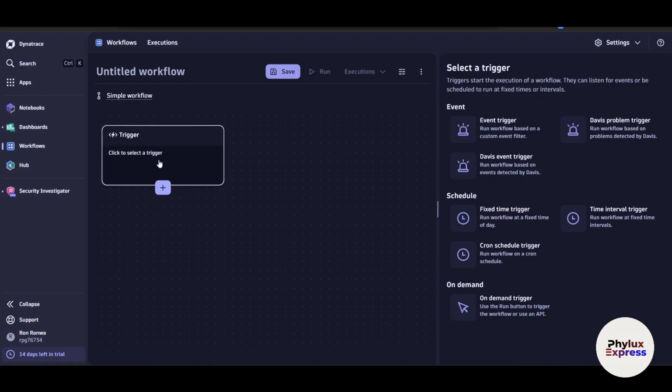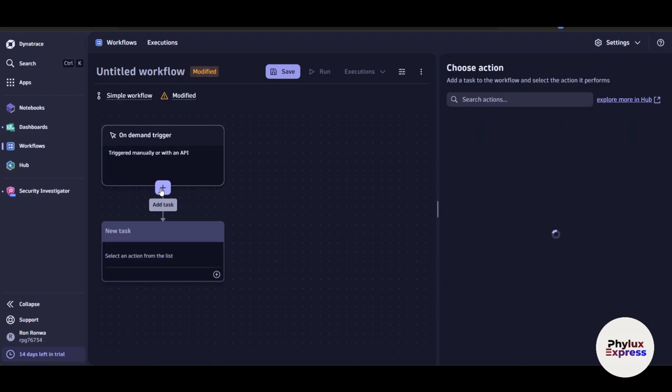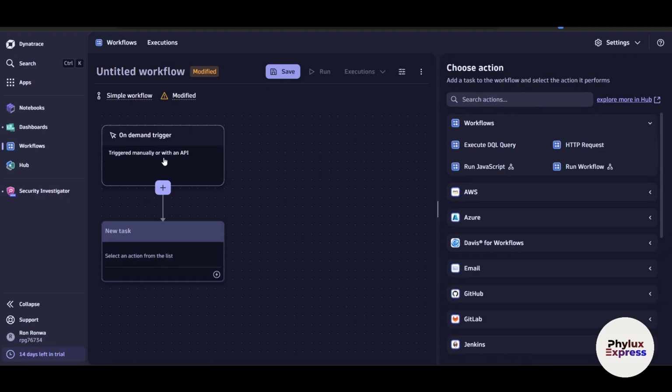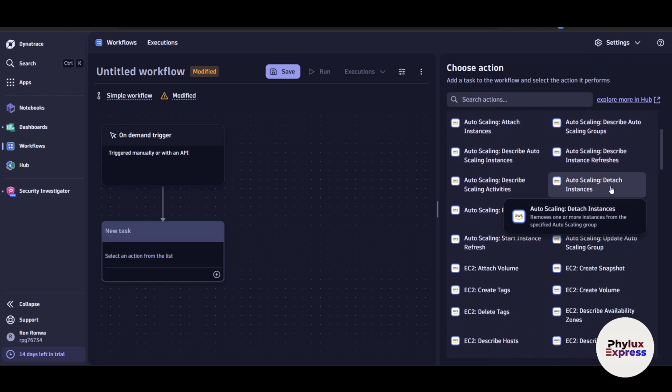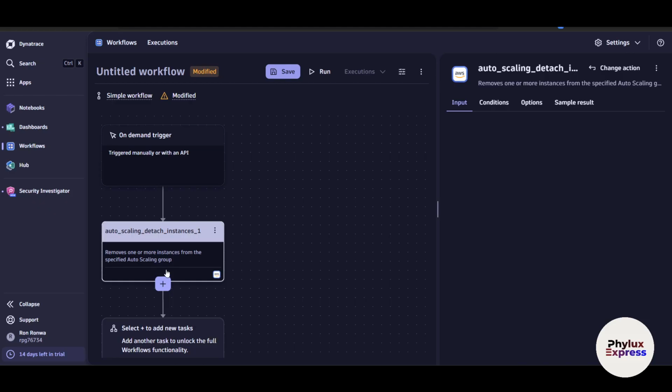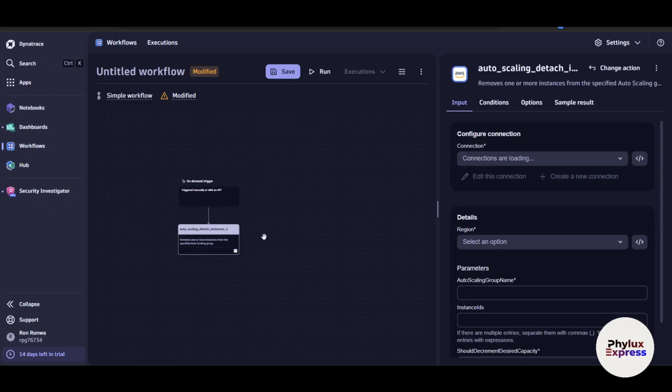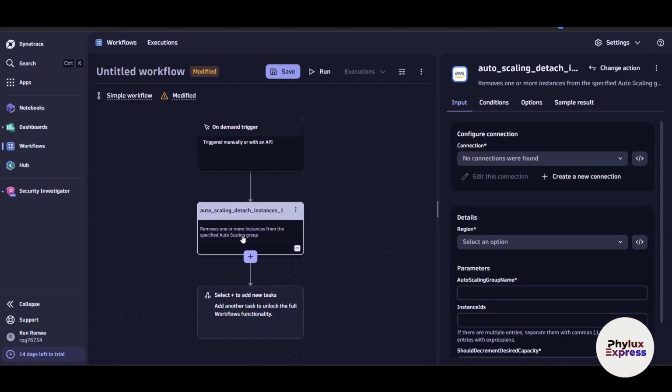Right? And Dynatrace gives you, for example, first of all, we have to put a trigger where everything will start here. So let's say I will just select AWS, that is auto scaling. Okay, auto scaling detach instances here. Now this is a trigger point, and the second thing which will happen,